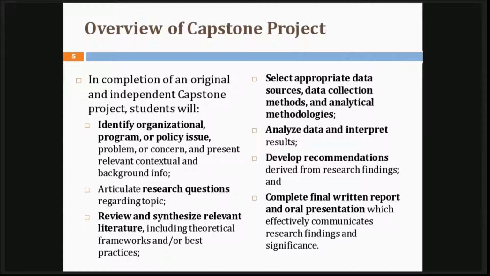So you need to select appropriate data, identify the data sources, specify the data collection methods, as well as the analytical methodologies that you will be using to analyze the data you will be collecting. Then you need to develop recommendations based on your data analysis results. That's, I would say, the primary or the key product of the project. And finally, you need to complete a written report as well as deliver an oral presentation